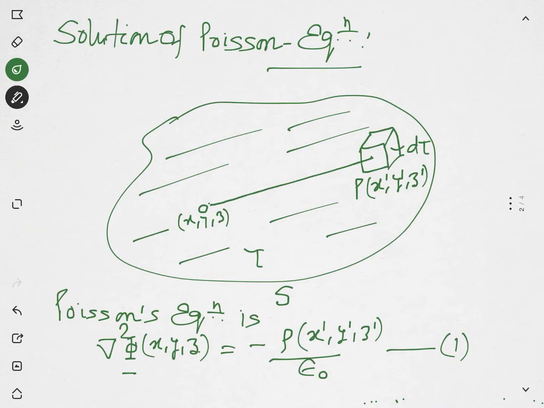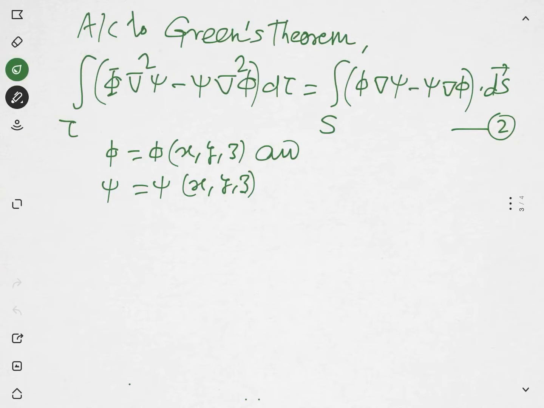This is our problem. In fact, for a fixed point, suppose x, y, z, the fixed point whose coordinates are x, y, z, there will be a variable point whose coordinates are x prime, y prime, z prime, over which integration is to be performed. So for solving this equation, that is equation number 1, which is Green's theorem, which is actually Poisson's equation,